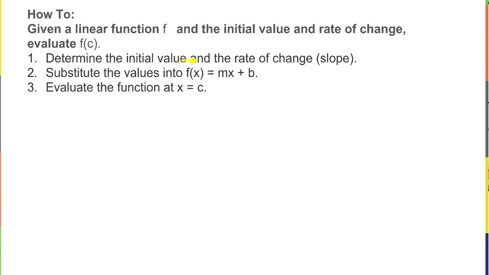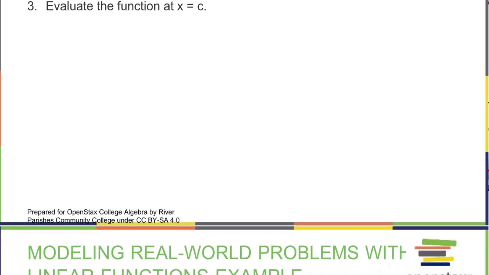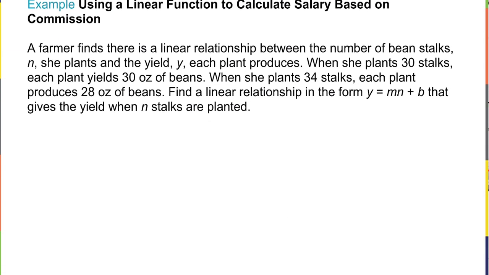Now, they may not give these to you initially, but they may give you items that will allow you to find them, such as they may give you 2 points, and you would use those 2 points to find the slope. Next, we substitute them in and write the equation in slope-intercept form, or the function in slope-intercept form, and then we evaluate it at x equals c. And that's where we plug that in for x. So looking at this example,